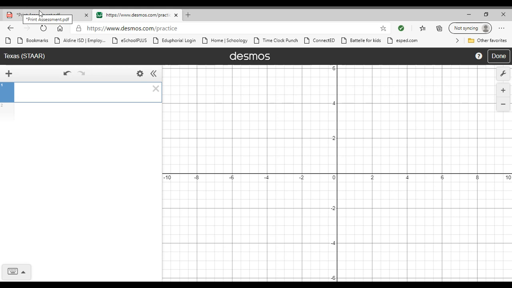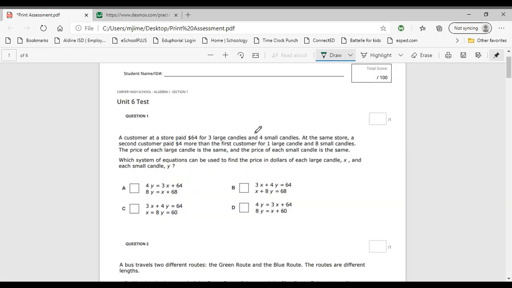All right, so here's that. Let's go ahead and start. The customer at a store paid $64 for 3 large candles and 4 small candles. At the same store, a second customer paid $4 more than the first customer for 1 large candle and 8 small candles. The price of each large candle is the same. The price of each small candle is the same. Right? System of equations that can be used to find the price in dollars of each large candle X and each small candle Y. So the X is the large, so 3X